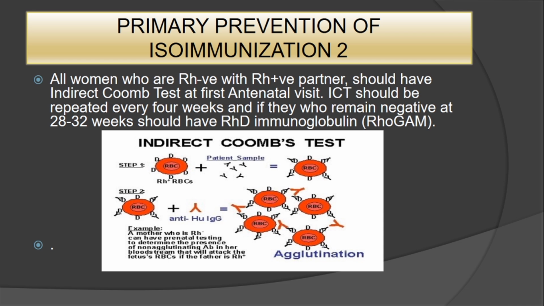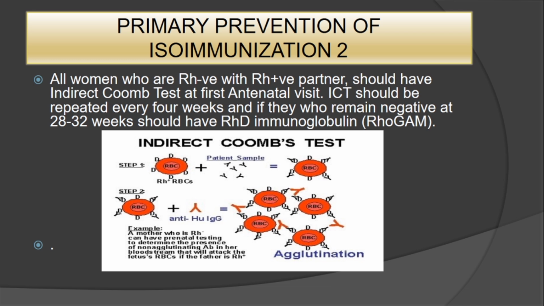We give them Rogam at between 28 to 32 weeks. The Rogam will prevent sensitization from any small fetal maternal hemorrhage that occurs, even in pregnancy. The Rogam will mop them up such that the mother will not become sensitized. The red blood cells that can get to the mother will be below the critical level at which